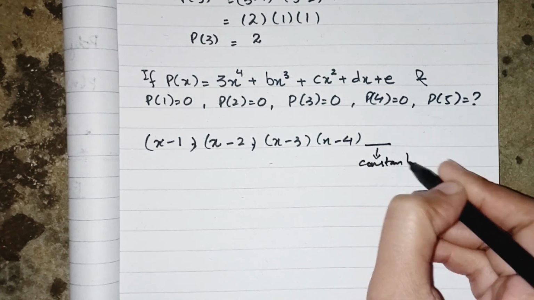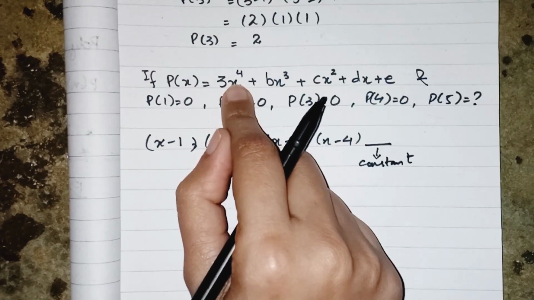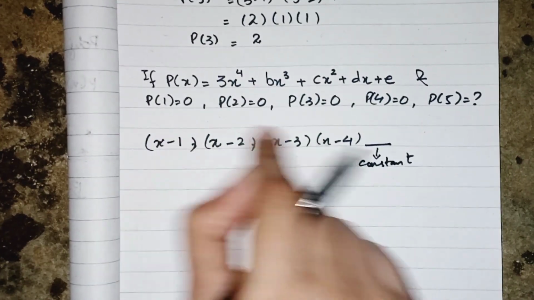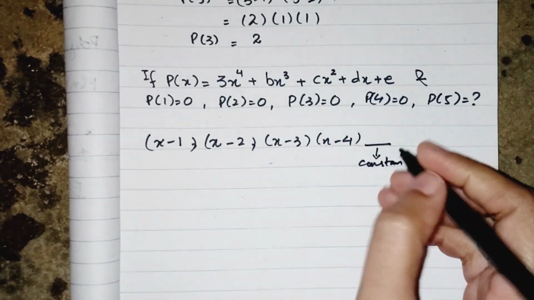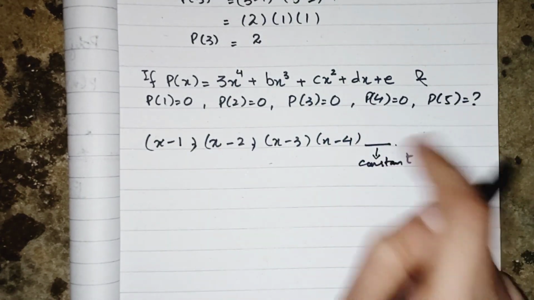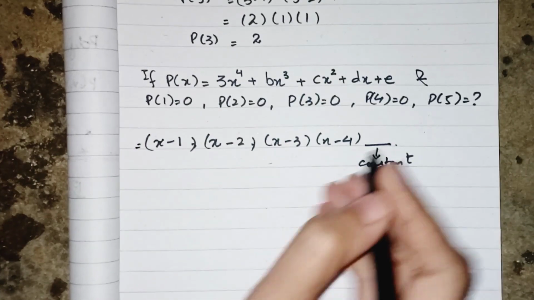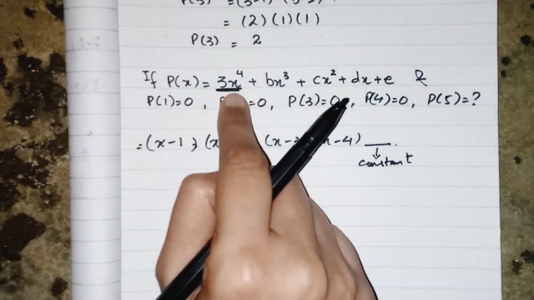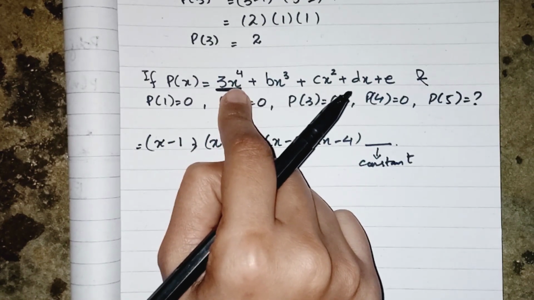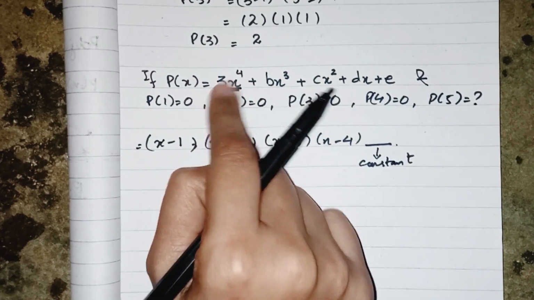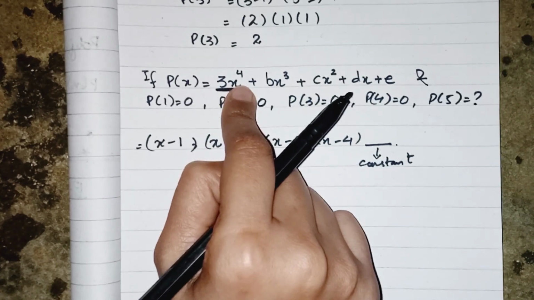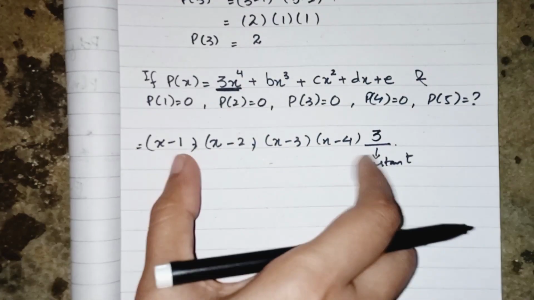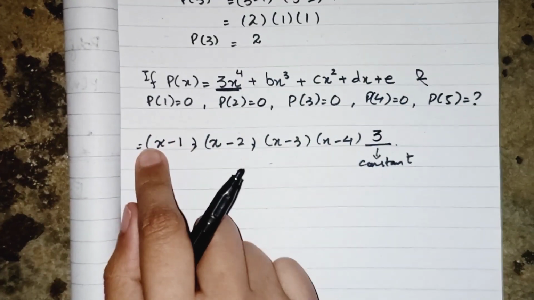Why I said that? Because the degree of the equation is 4, and we have 1, 2, 3, 4, already 4 x's over here, so whatever it is, it will be a constant. Which constant? The constant having the first term, or you can say the highest term, the coefficient of the highest term will be the constant, so we can calculate it easily, placing x as 5